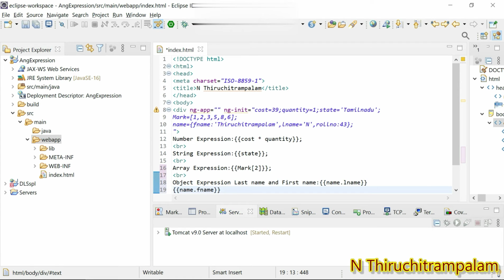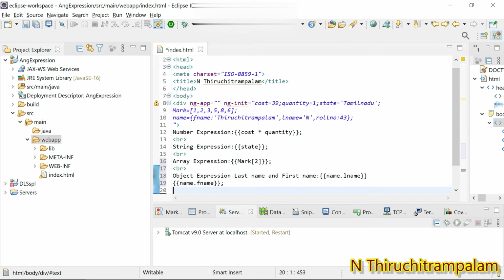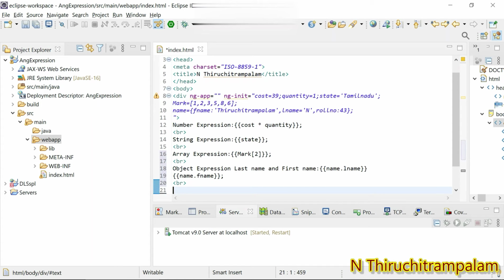I use the BR to move to the next line, and the object expression roll number.